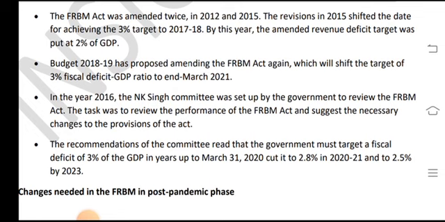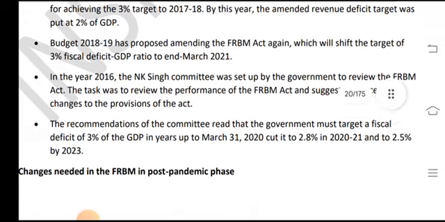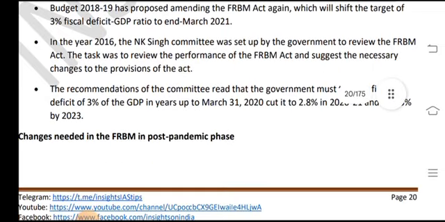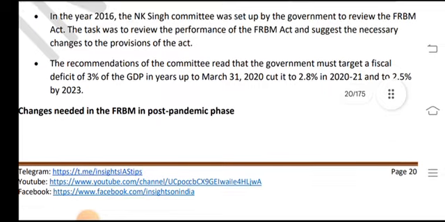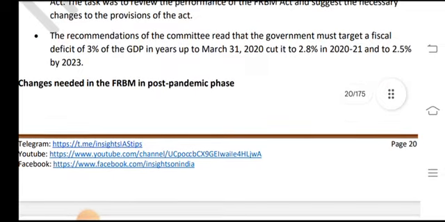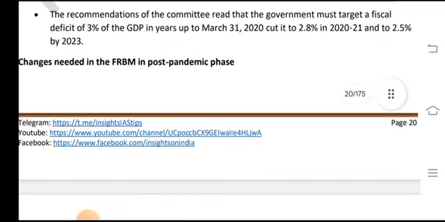which will shift the target of 3% of the fiscal deficit to GDP ratio to end March 2021. In 2016, the NK Singh committee was set up by the government to review the FRBM Act, assess the performance of the Act, and suggest the necessary changes to its provisions. The recommendation of the committee was that the government must target a fiscal deficit of 3% of the GDP in the years up to March 31, 2020, and cut it to 2.8% in